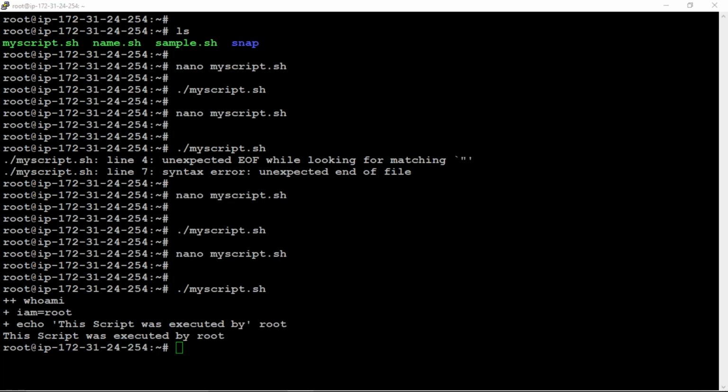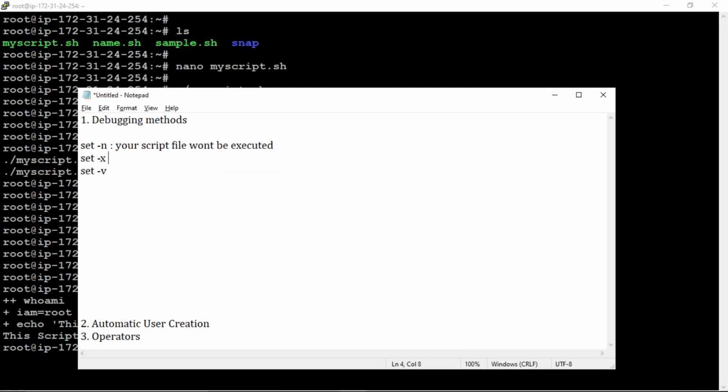So that is -x. It prints each and every line of your code if you give set -x. Okay.